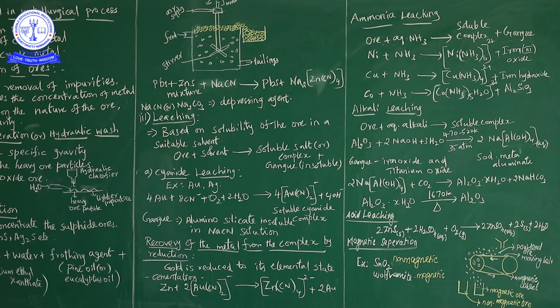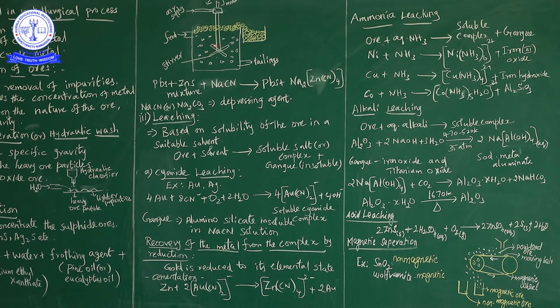So we use the frothing agent. The frothing agent we have used is pine oil or eucalyptus oil. The pine oil or eucalyptus oil is used to wet the ore particles. The ore particles are wetted by the pine oil or eucalyptus oil, but not by water molecules. Water molecules do not wet them because of the larger size of sulfur. The sulfur is of larger size, so it has poor hydration. Poor hydration means poor addition of water.